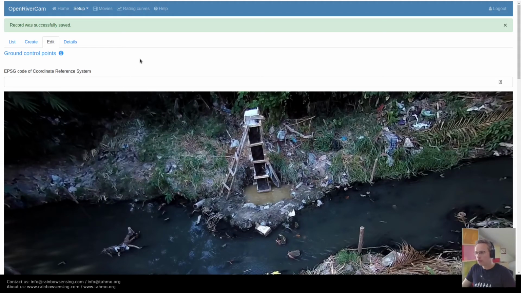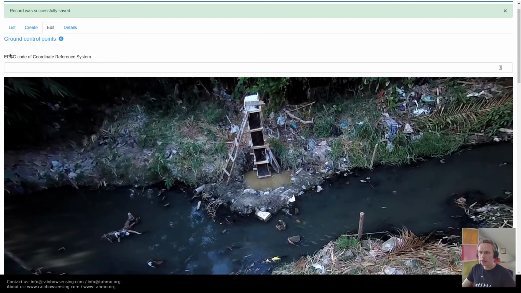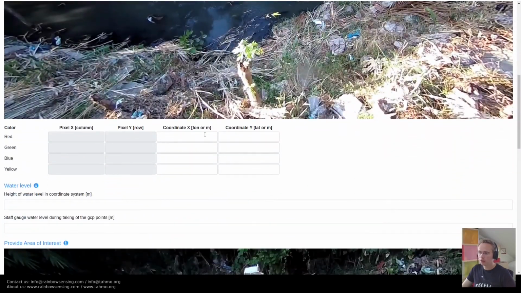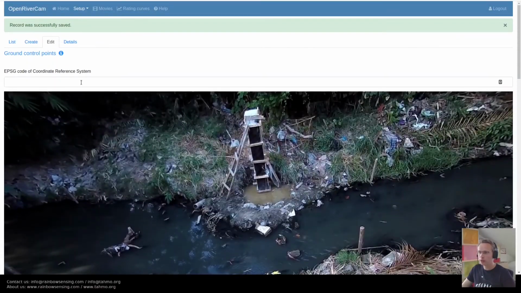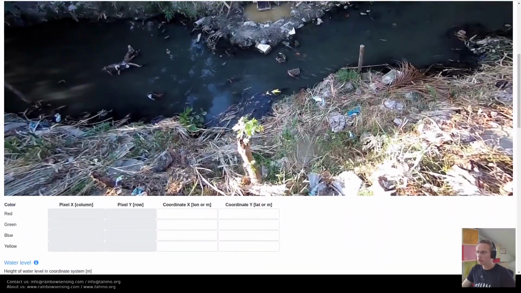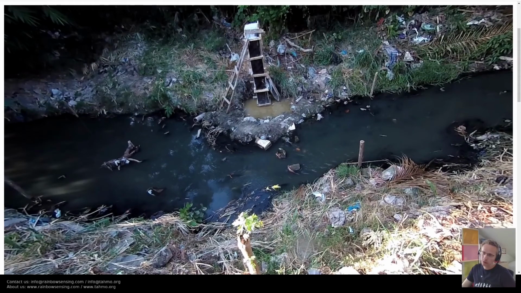So when you have done this, you will be presented with a new view where you can provide again a projection in which the control points were recorded, and below that a lot of information on the control points. Again, the same holds here. If the control points are recorded in latitude, longitude, you do not have to provide anything here. In our case that is indeed so. So we can simply go to the next step, which is locating our control points in the first frame of